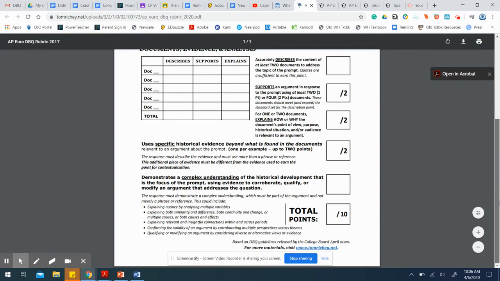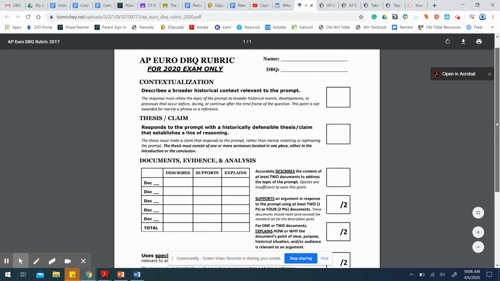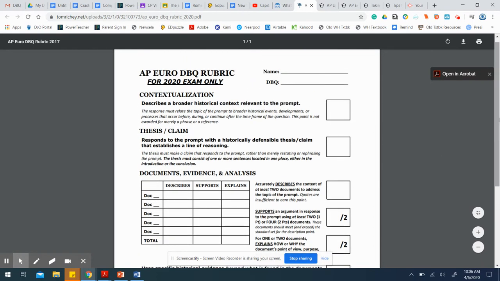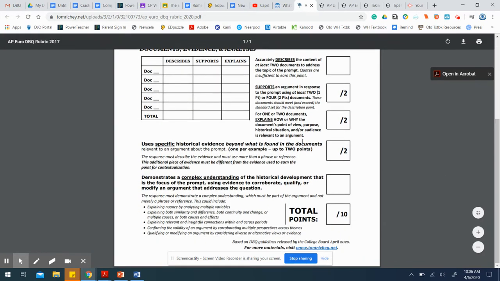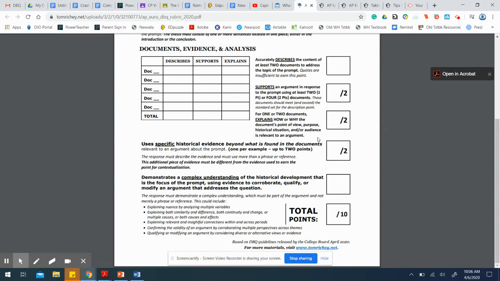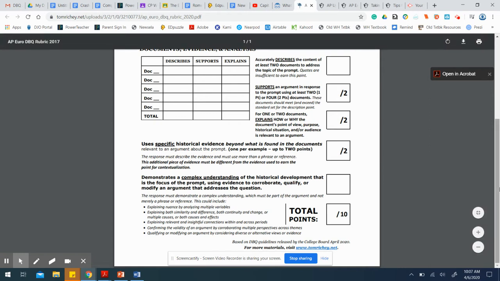Okay, so they're still going to be doing the rubric and still asking for the same things, like we've looked at before, but it's just going to be condensed, so fewer documents. Again, 4 out of 5. The 4 is required out of 5, but you should practice using 5 just in case you don't understand what one of the documents means, or you use it incorrectly to support your argument. So you get a freebie document, so it's always good to use the maximum documents provided, just in case you mess one up for whatever reason, or they think you used it incorrectly.